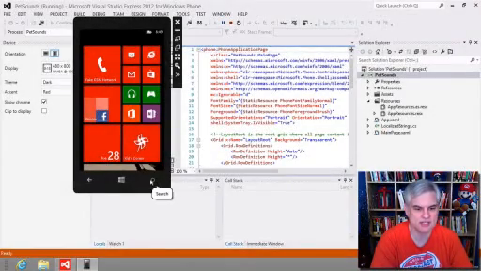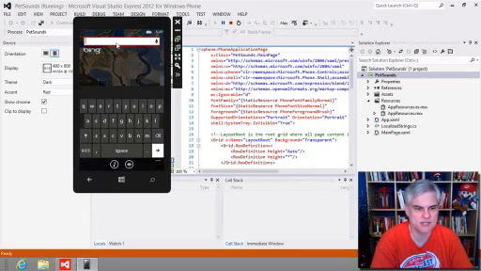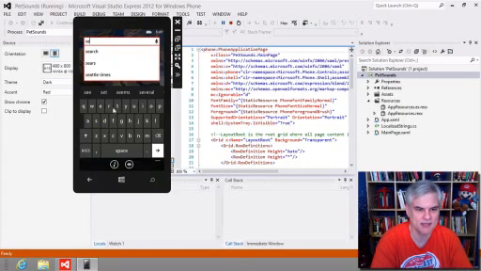Let's do this. I'm going to hit the search button, and then if you were to put your mouse cursor in the area where you would search for something in Bing.com, you'll see the keyboard pops up, and I can use my mouse to simulate typing the keys. For example, if I wanted to start typing, it obviously takes a little bit of time to hunt and peck around, and what I can do is